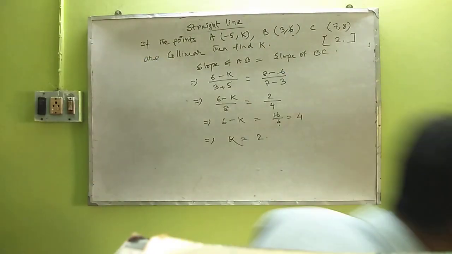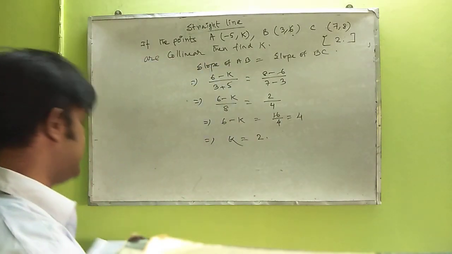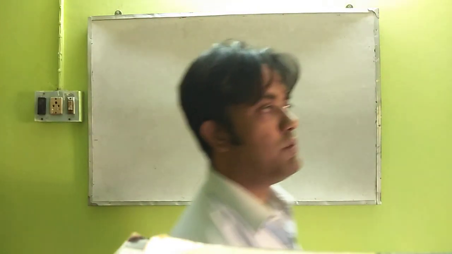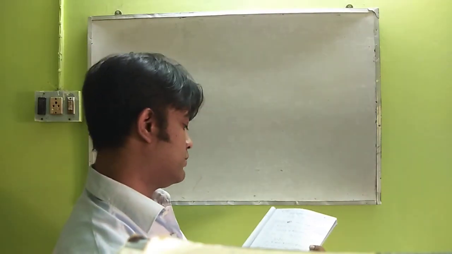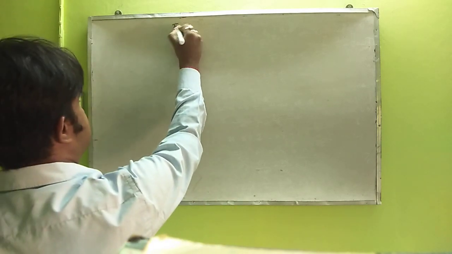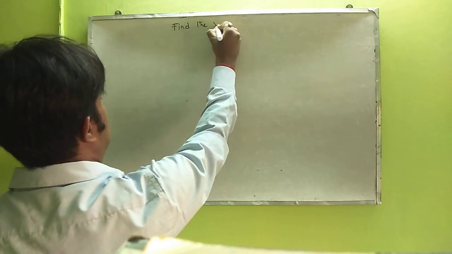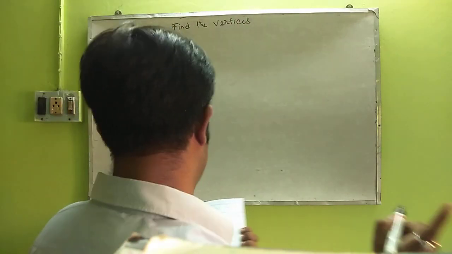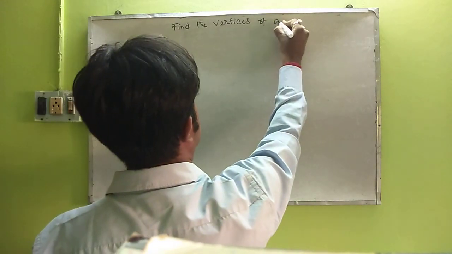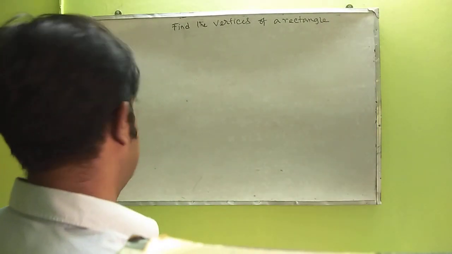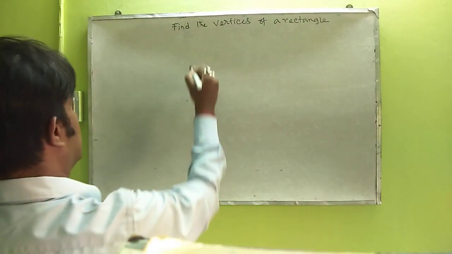Now we discuss another type, a very intellectual sum. All previous knowledge you have to use to do this sum. Find the vertices of a rectangle whose sides are